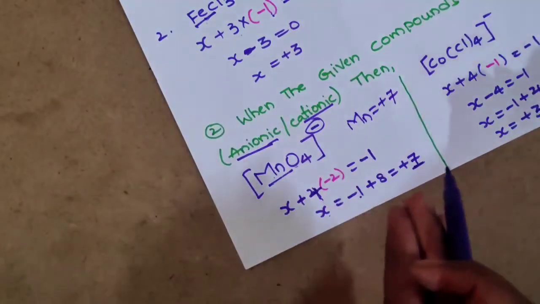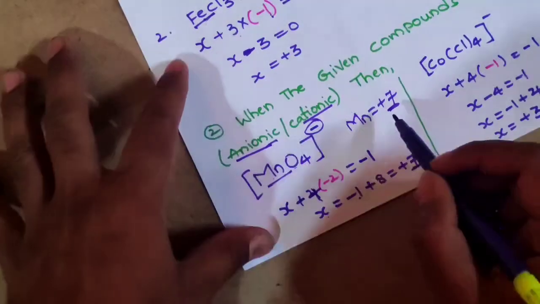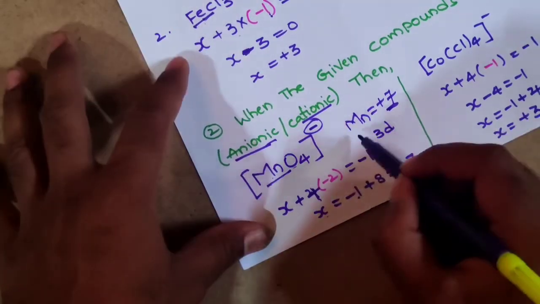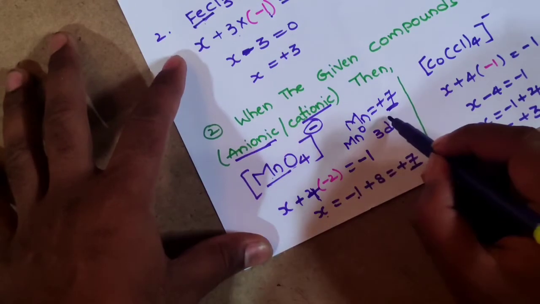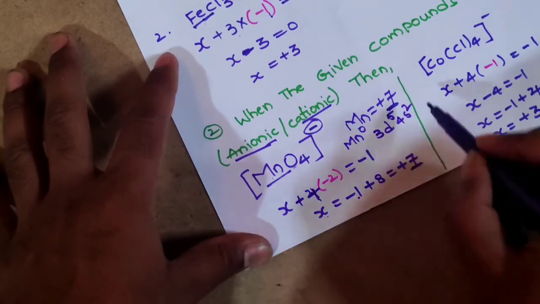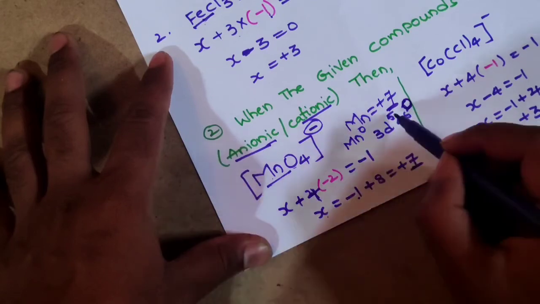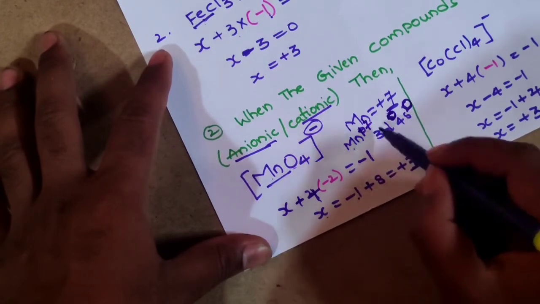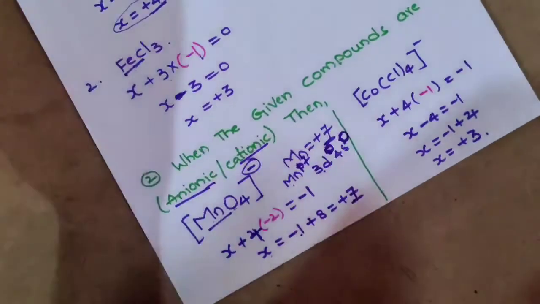Here manganese with +7 charge means there are no valence electrons in this manganese, that is 3d in manganese with neutral charge, with 0 charge on it. It has 3d5 4s2, but it becomes +7. That means here it loses 2 electrons from the 4s orbital and also 5 electrons from the 3d orbital. So Mn +7 means 3d0 4s0, like that we have to consider.